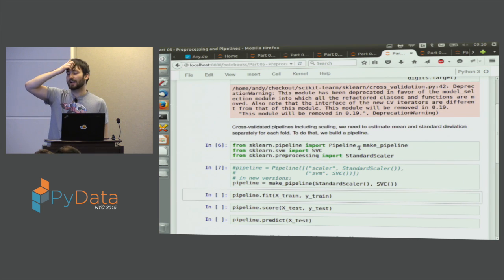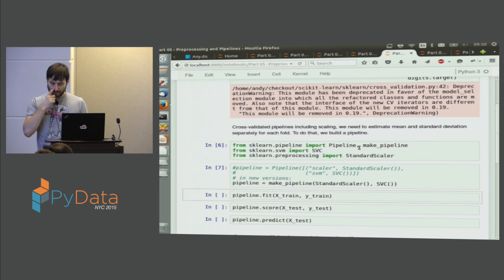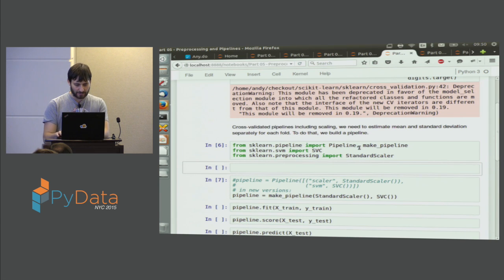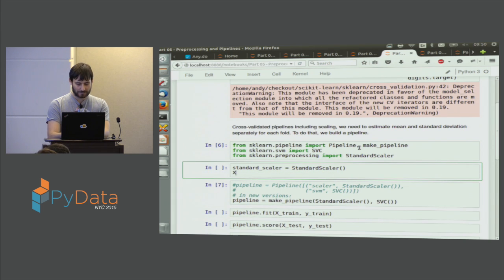So I give 2 steps here, the standard scaler and the SVM. In a pipeline, all steps but the last need to be transformers, so they need to have a transform method. And what will happen here is equivalent to making a standard scaler, doing fit on the training set,